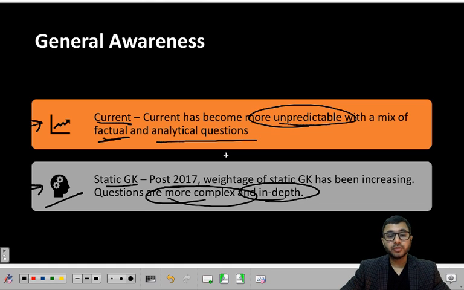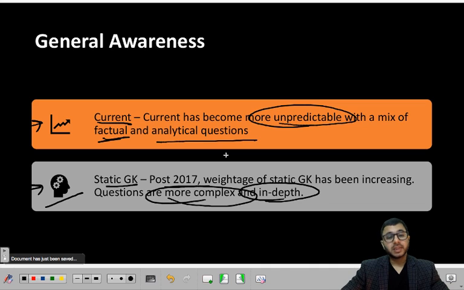Static GK, people used to use Lucent GK and rely on the Lucent book. That is certainly good. Very good book, covers a lot of areas. Manorma is something that can be used for facts related to static GK. That book has a lot of facts, but don't cover it cover by cover. Okay, it's a thick book. You need to be able to identify the topics that are useful, that are important, identify the topics that are not useful, break them apart, and then cover it.